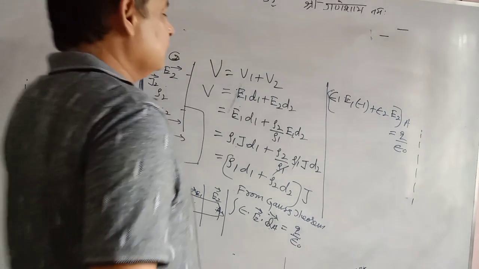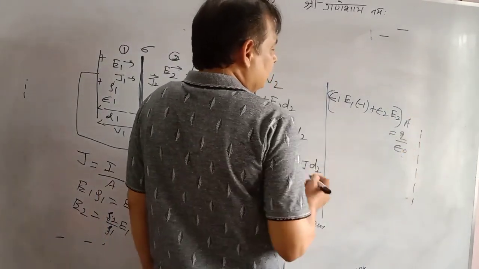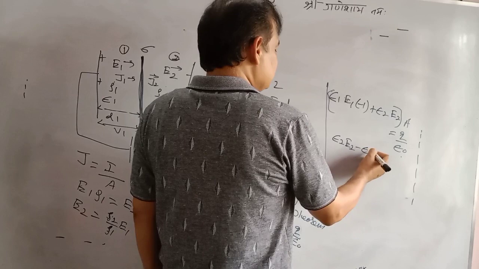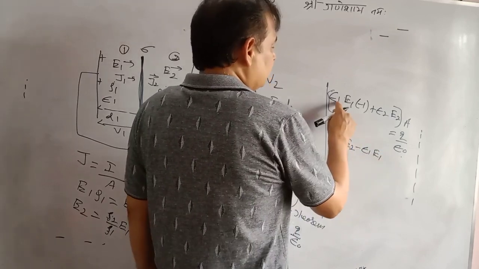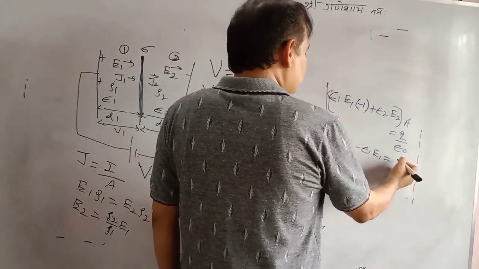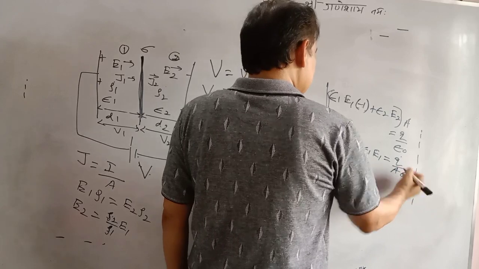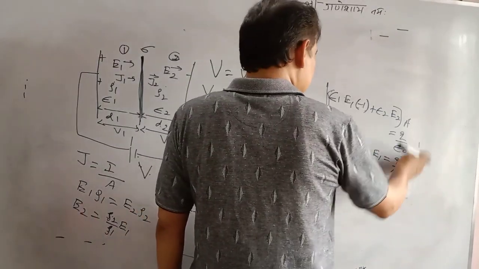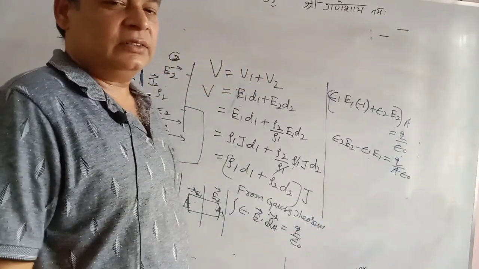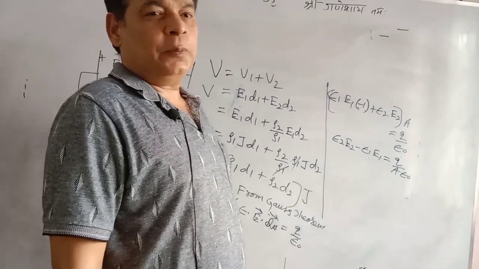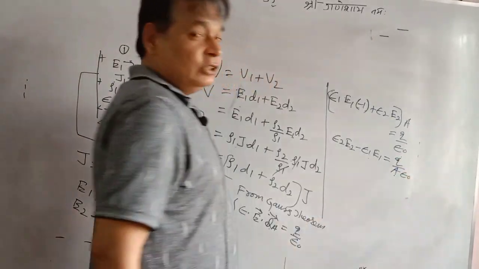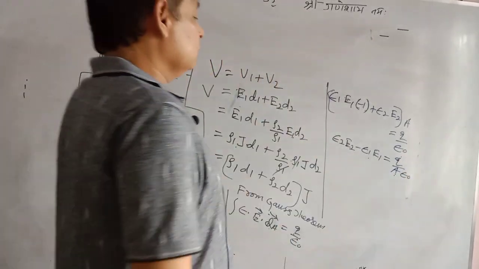We can write this. Now one thing, A should be brought here. epsilon2 E2 minus epsilon1 E1. You know this is negative, there is a minus sign now. So I am writing here equals Q by A epsilon naught. Q by A is surface charge density. Charge density of extraneous charge at this boundary, that is Q by A. I am taking this one as sigma, which is required for us.